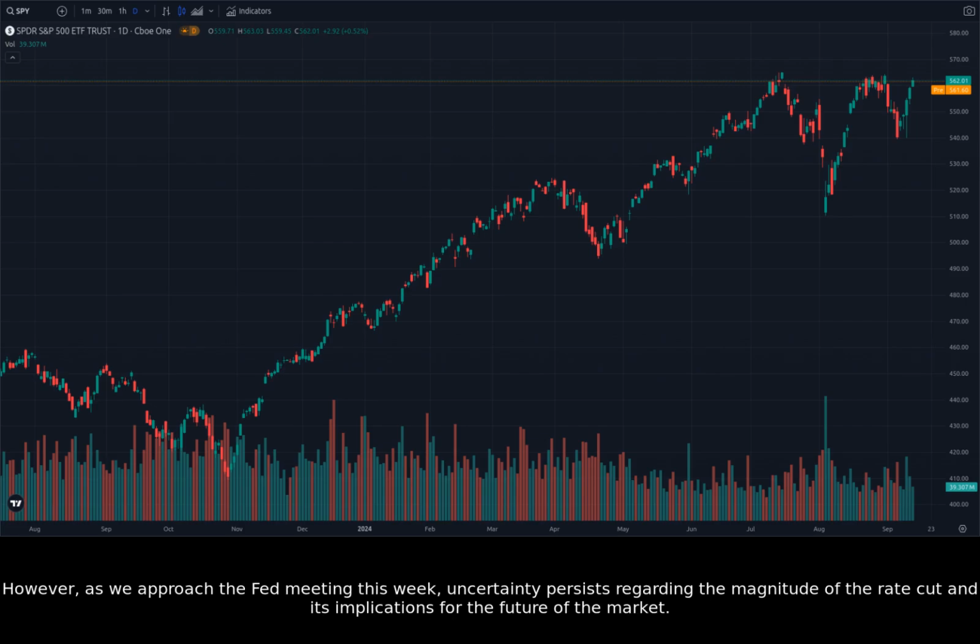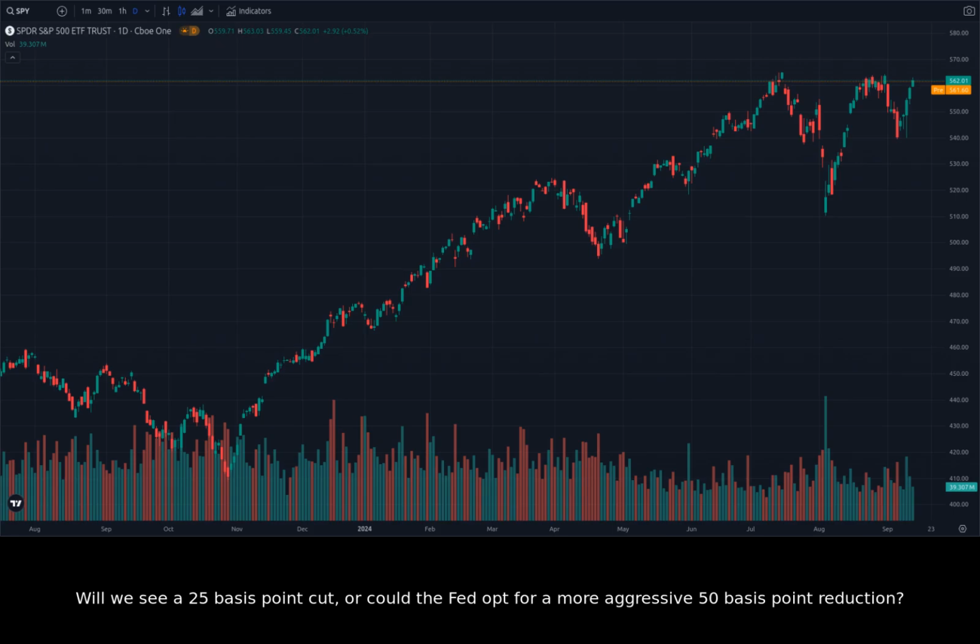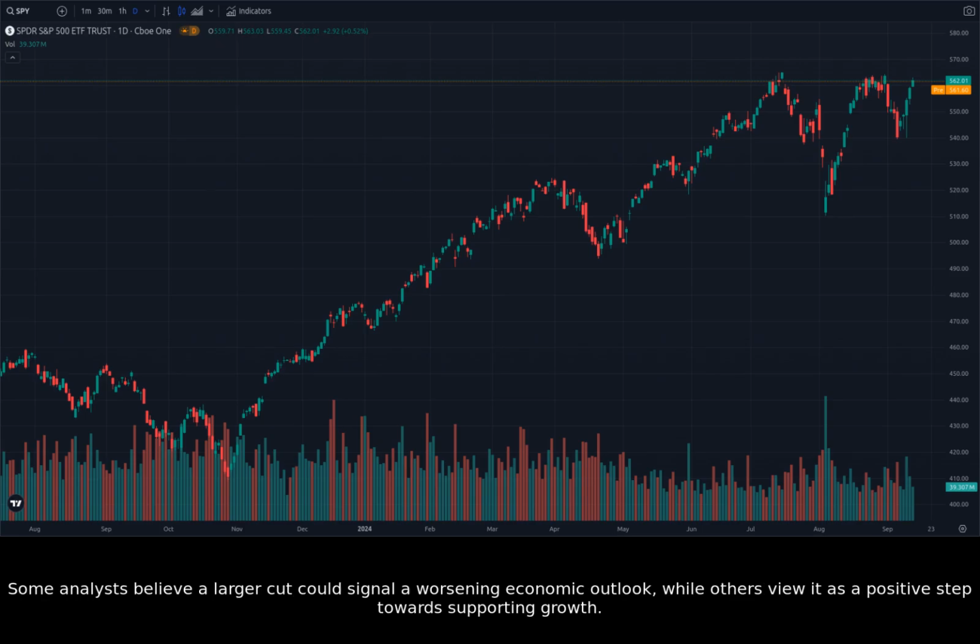However, as we approach the Fed meeting this week, uncertainty persists regarding the magnitude of the rate cut and its implications for the future of the market. Will we see a 25 basis point cut, or could the Fed opt for a more aggressive 50 basis point reduction? Some analysts believe a larger cut could signal a worsening economic outlook, while others view it as a positive